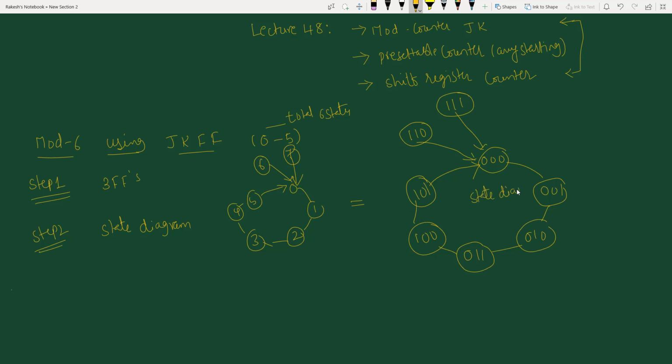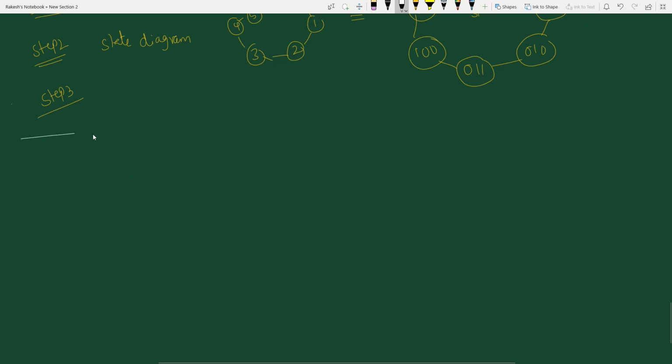Now I am going to make the state table consisting of present state and next state. That is my step 3. So let's take step 3. So present state and next state, Q2, Q1, Q0, and Q2 star, Q1 star, and Q0 star.